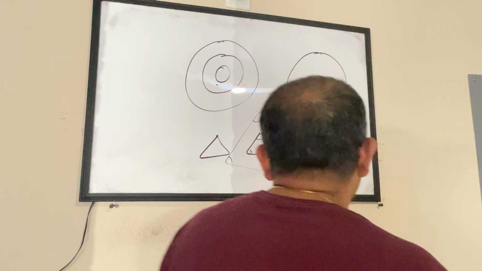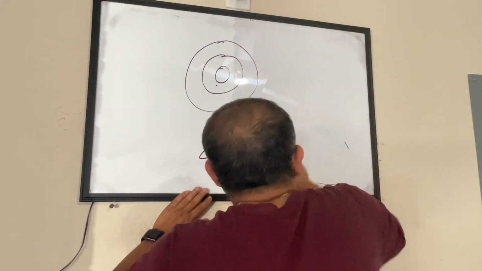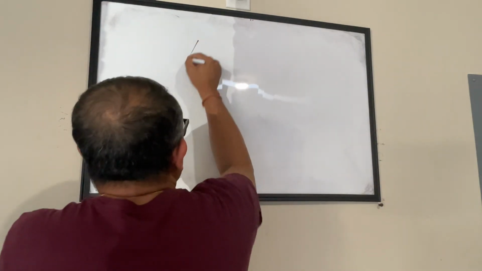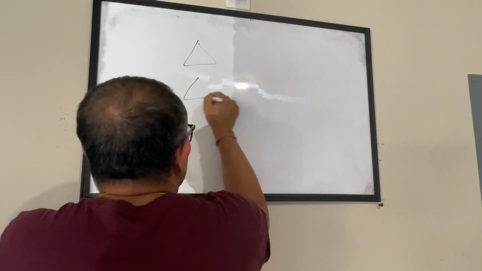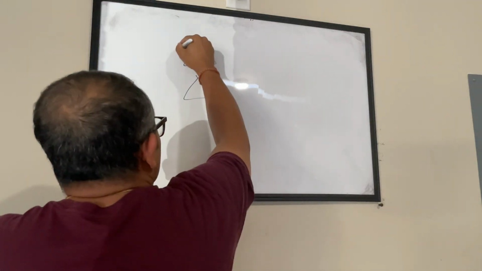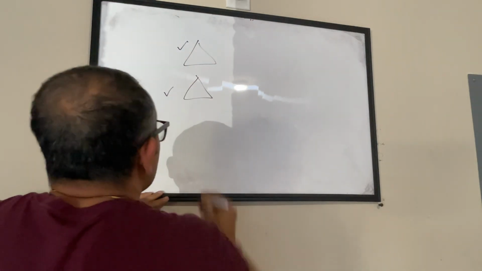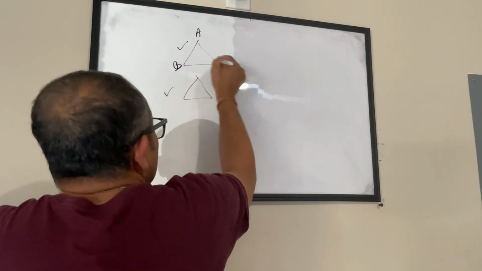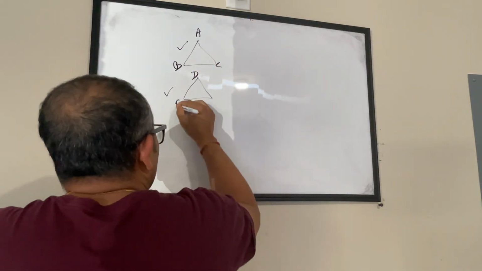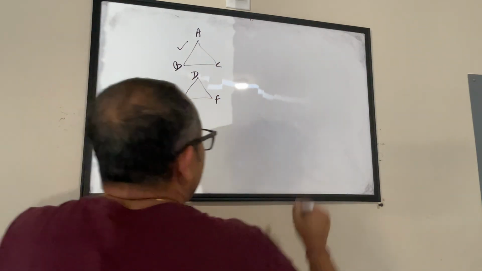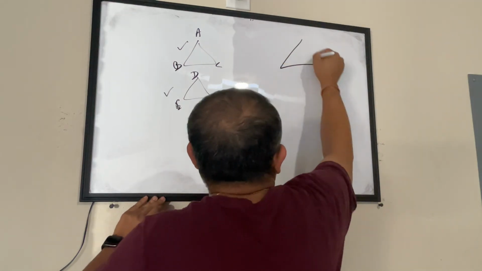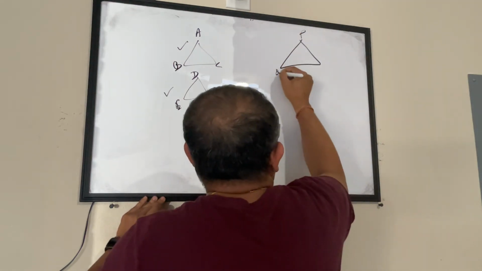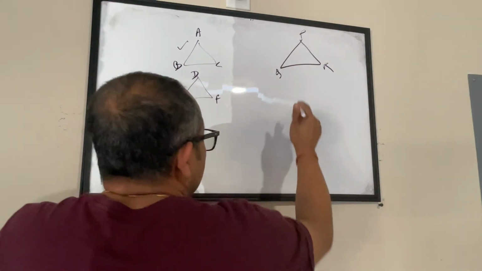So we looked at the fun part of it without looking at the mathematical side of it. Now let's look at some mathematics around it. I have one scenario of congruence. I am saying this triangle A and this triangle B, this is ABC and DEF, are congruent. And then I have a second pair of triangles, PQR